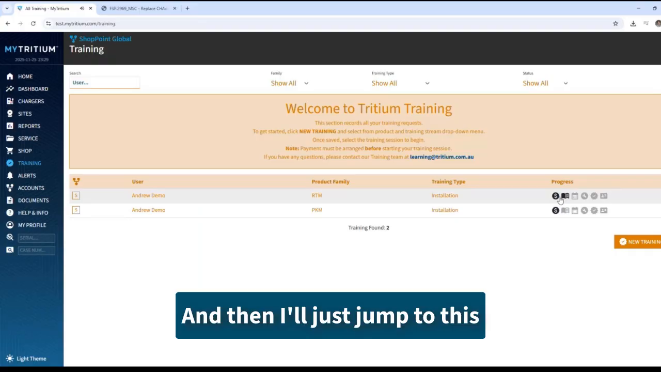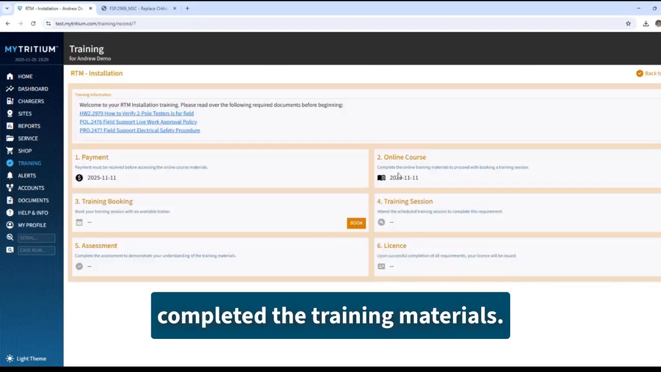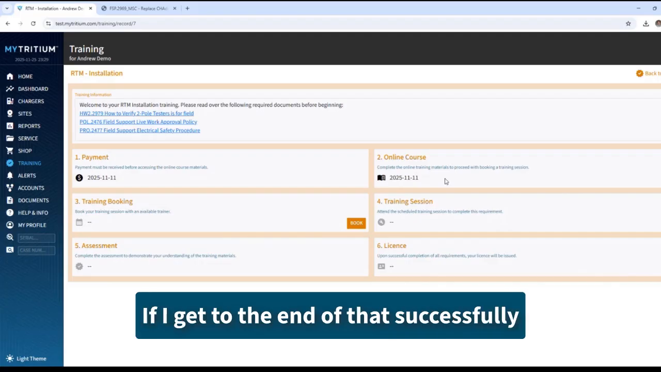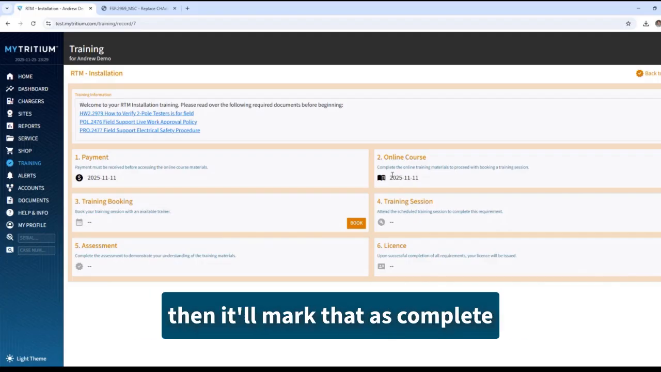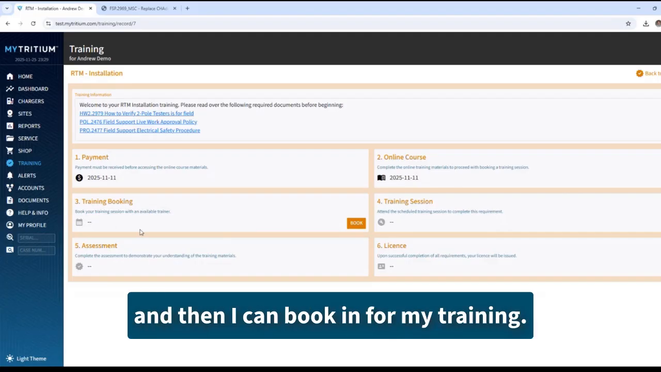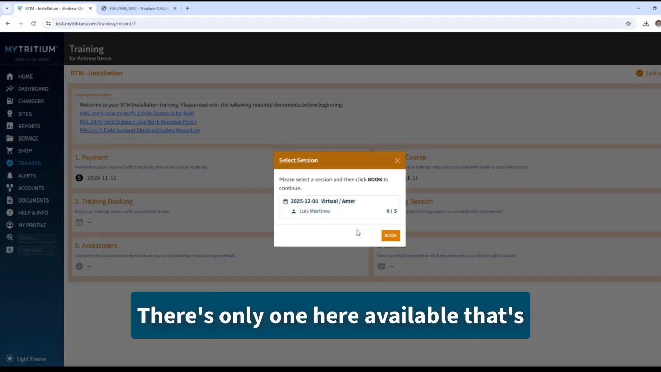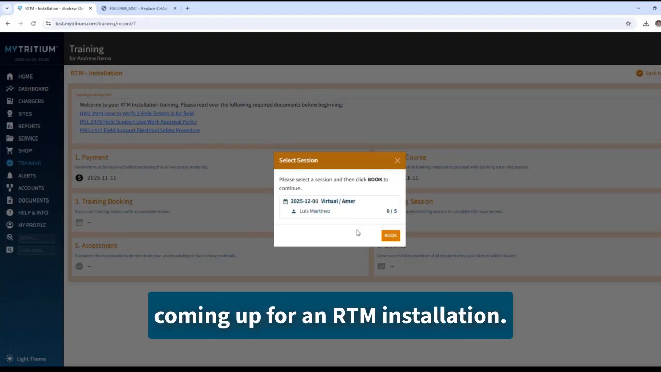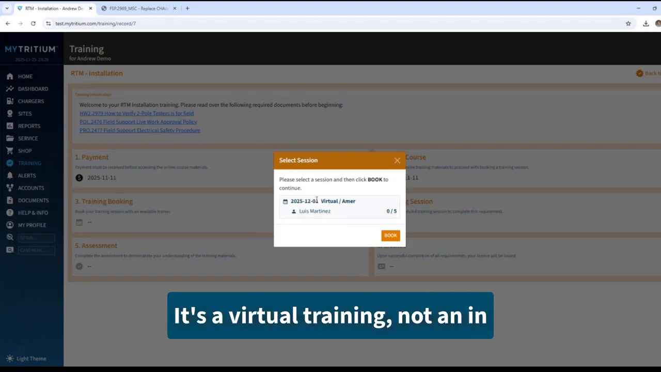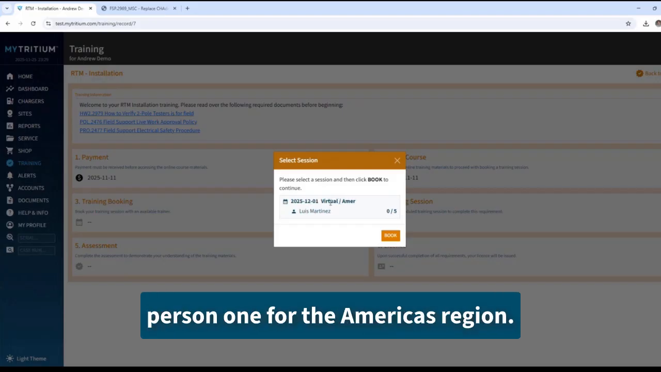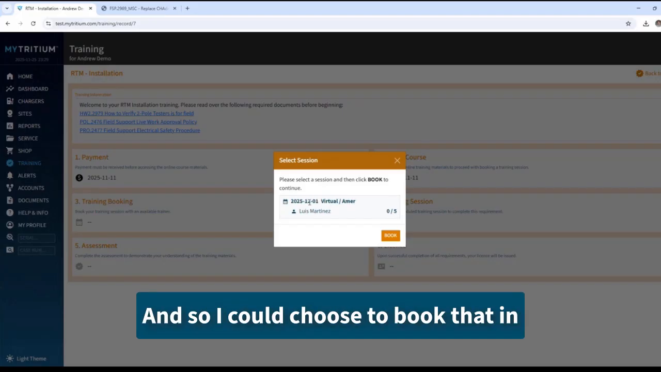And then I'll just jump to this top one where I've already completed the training materials. If I get to the end of that successfully, then it'll mark that as complete, and then I can book in for my training. So I go, okay, well, let's book in for a training. There's only one here available that's coming up for an RTM installation. It'll be with Lewis. It's a virtual training, not an in-person one, for the Americas region, and it'll be on the 1st of December. And so I could choose to book that in,